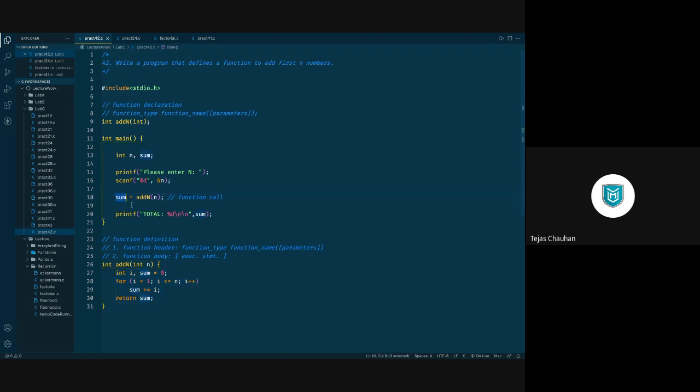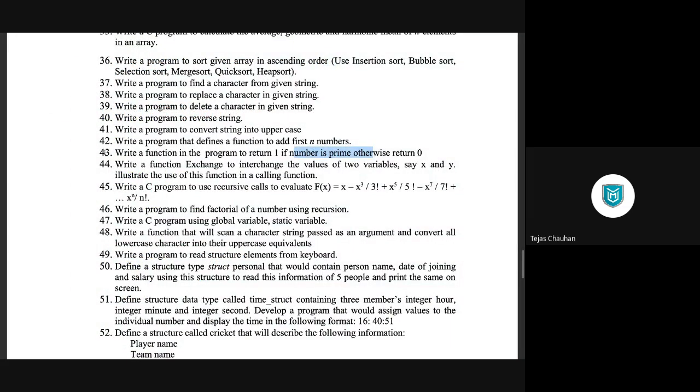That 1 or 0 will be here, and then you can print your message. So that's the 43rd program. Okay. Going back to the list,